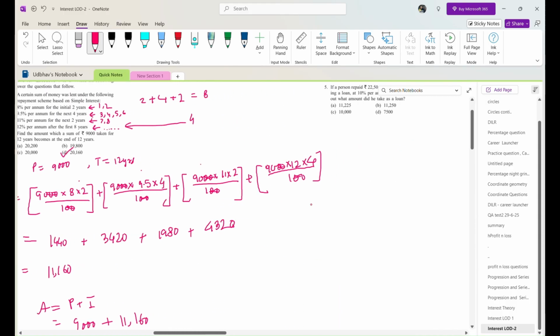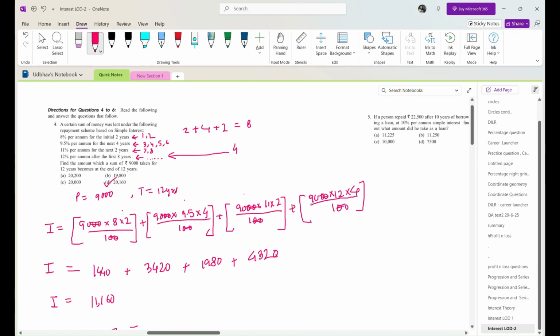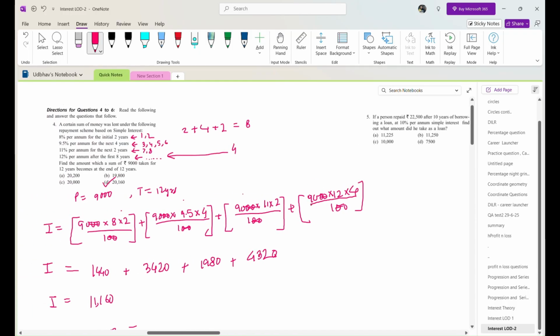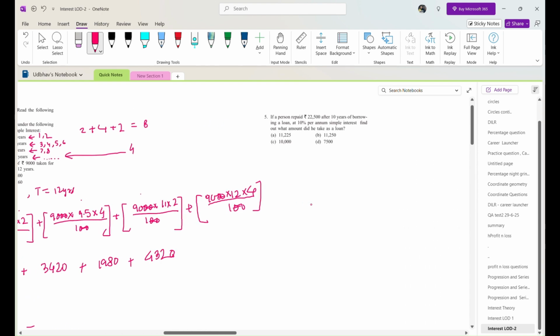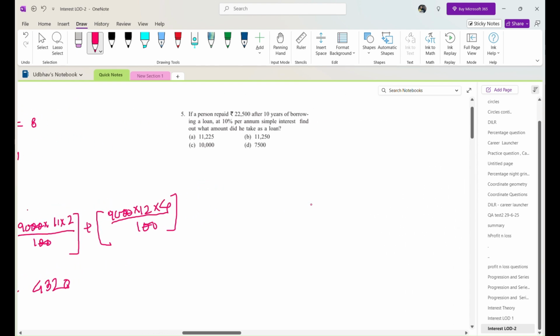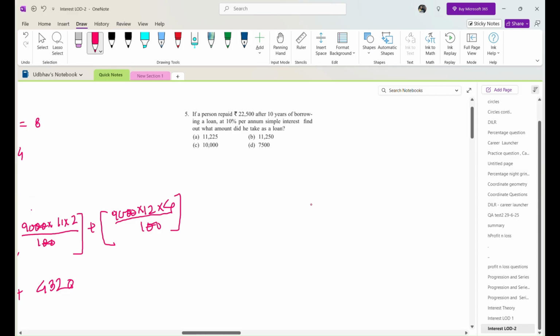So the next question also, till question number 6, we have to follow these directions only which are given. So we'll refer back to that. If a person repaid 22,500 after 10 years of borrowing a loan at 10% per annum, find out what amount he took as a loan. Okay,